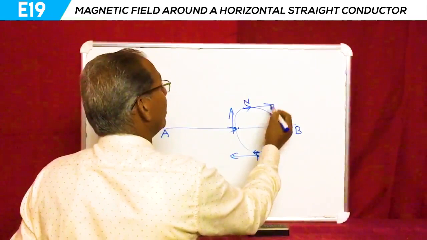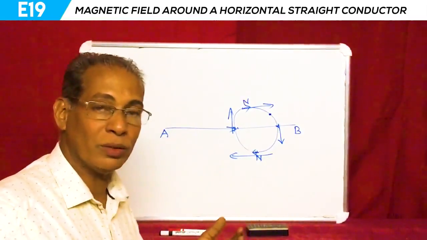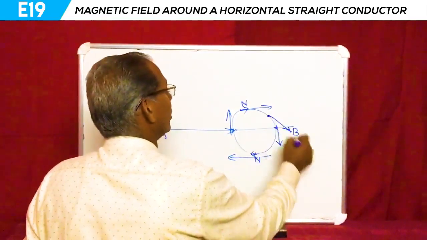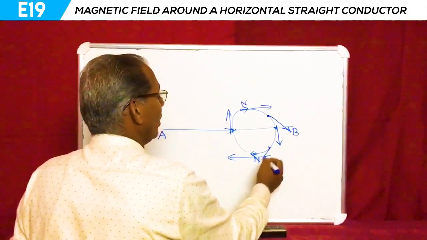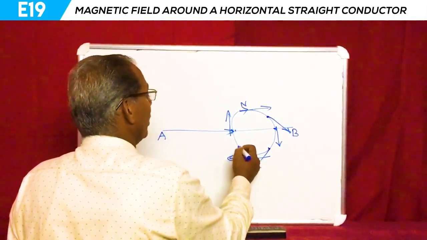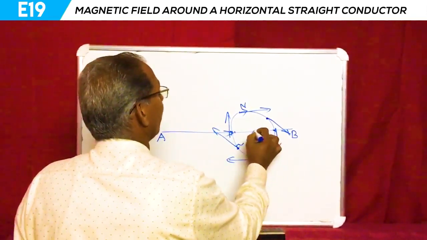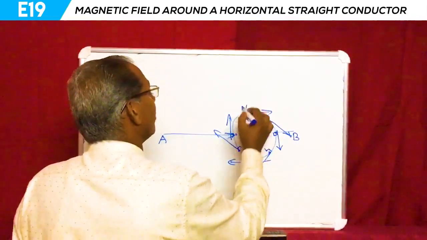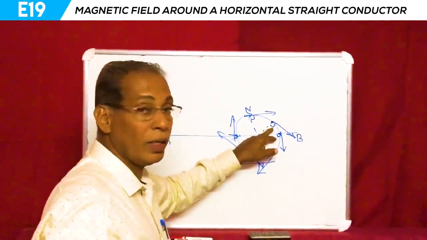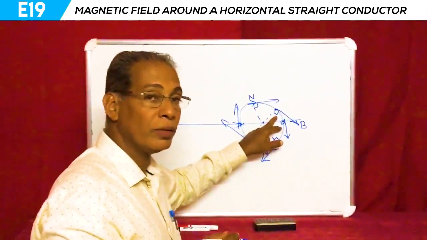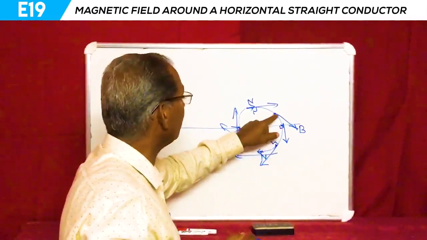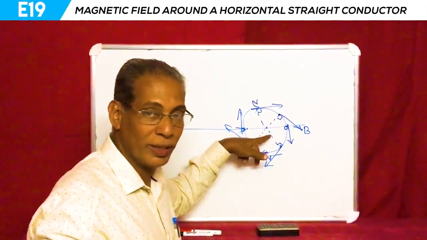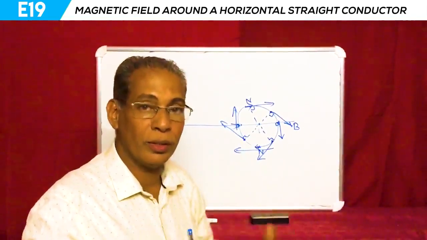And if it is here, you can tell that it will move in this direction because it is again tangent. And if it is here, it will move in this direction. And if it is here, it will move in this direction. This is the definition of tangent. That means it will always be at 90 degrees, or perpendicular, to this point with respect to the center. This is called tangent. These things are not there in the text, but I am telling only for your knowledge.